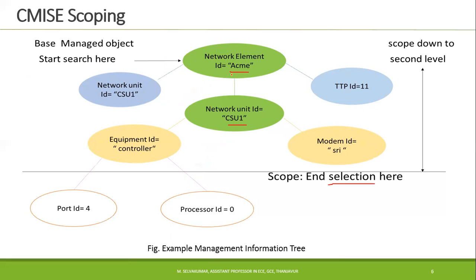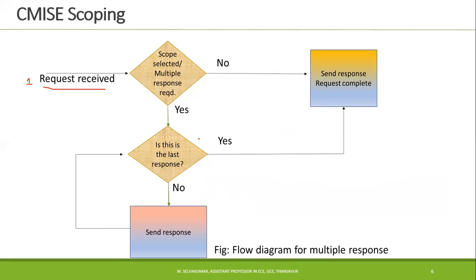There are three IDs, three slots and objects, instances. For selecting this response, if it is the last, the request is completed and the response will be sent